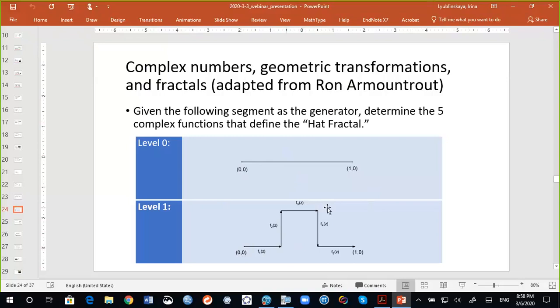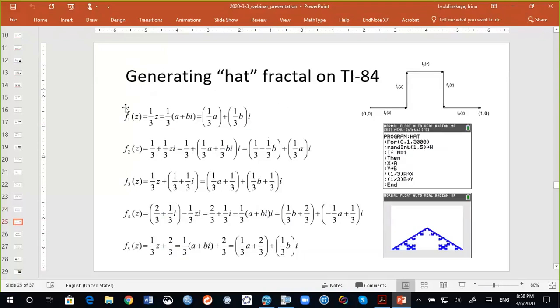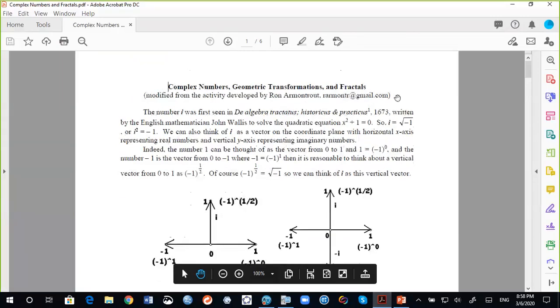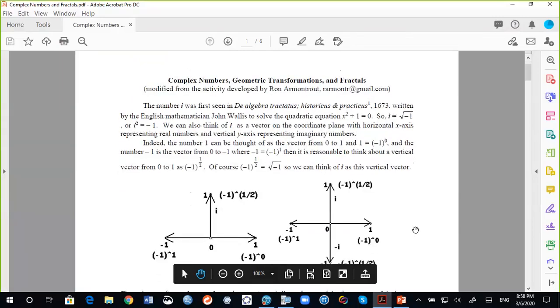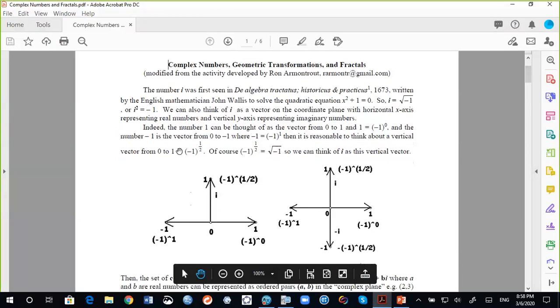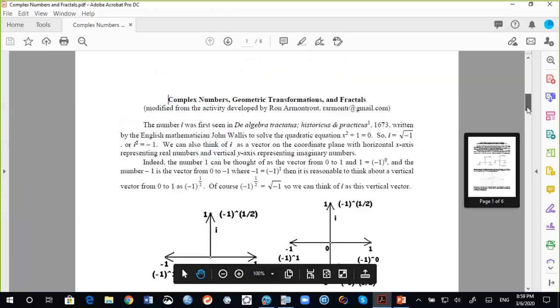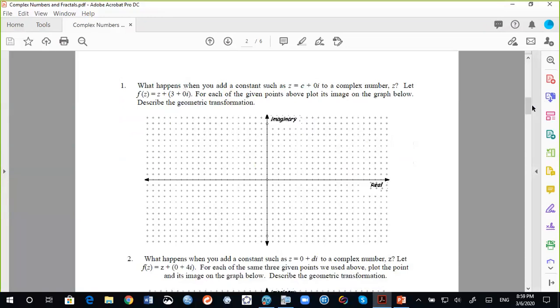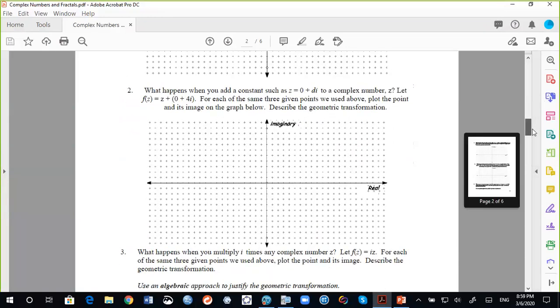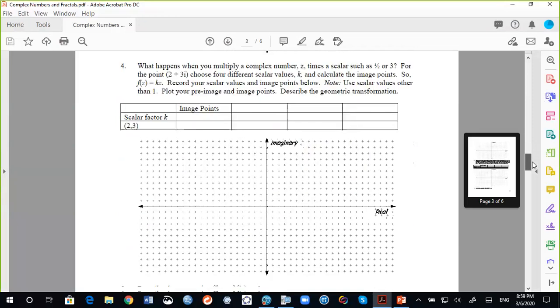And now we're going to write these functions in terms of transformations with complex numbers. So when we do that, we can create those 5 functions, and you will have a handout provided to you, the materials that actually help students to build those functions. And based on those functions, we can create a program. So the activity itself, and that's the handout that you will get, provides you the opportunity to have students explore vector ideas and then explore what happens when they add a complex number, when they multiply by a factor, when they multiply by i.